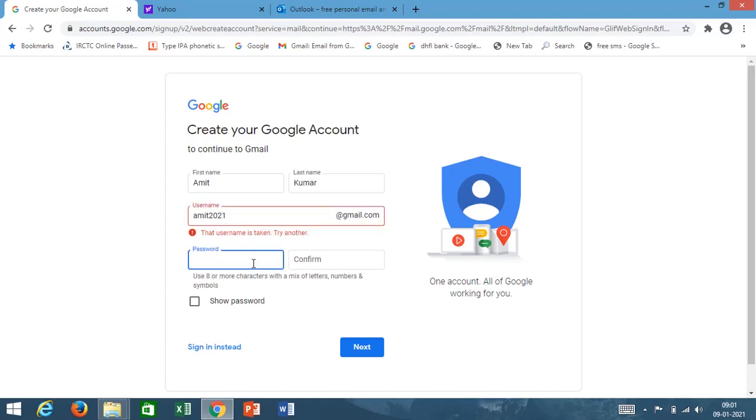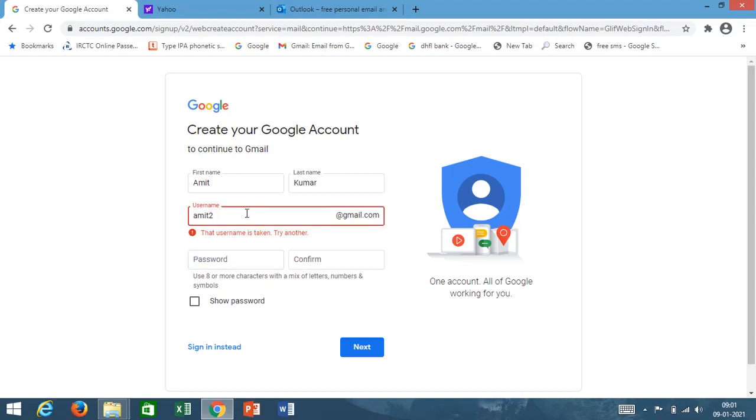Now here you can see when I wrote Amit 2021, I was trying to create an email ID amit2021@gmail.com, but Gmail says that this username is taken by someone. That means if someone has created the email ID with this particular name, it is not possible to create that email ID once again.